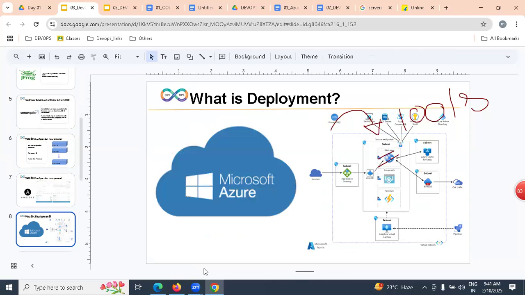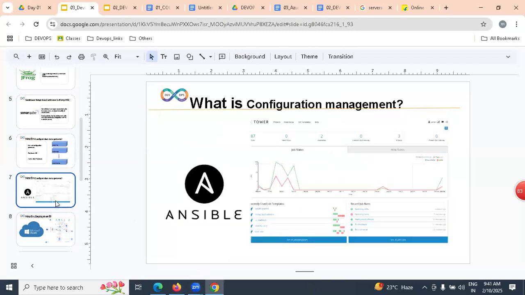But these hundreds of servers, from where exactly can we get them? From Microsoft Azure. Either we go for a physical or virtual environment, or a cloud environment. Which cloud are we going to use? Microsoft Azure. By using Microsoft Azure, we can get hundreds of servers. Those hundreds of servers we can automate with the help of Ansible.